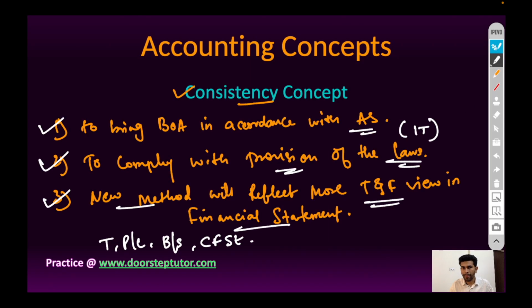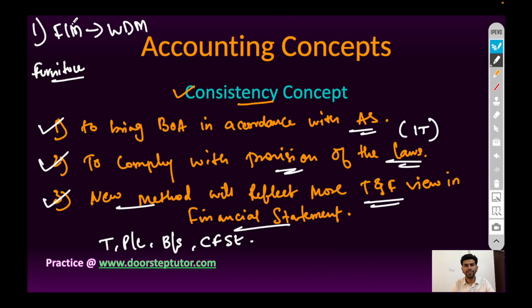Let's take one more example. There are more than 30 methods of charging depreciation. Most commonly used are fixed installment method and written down value method. If a business wants to change the method from fixed installment method to written down value method, then there must be some explanation behind this. For example,